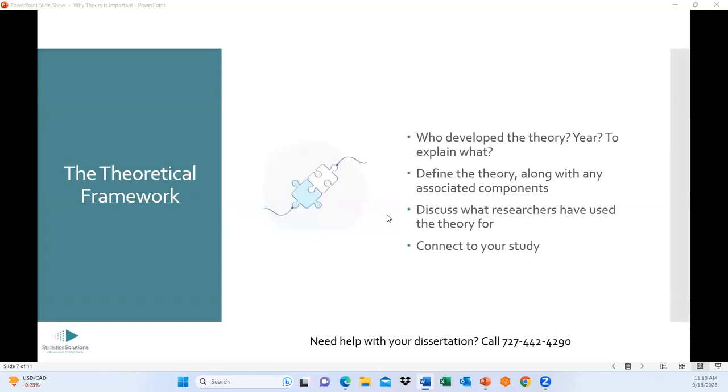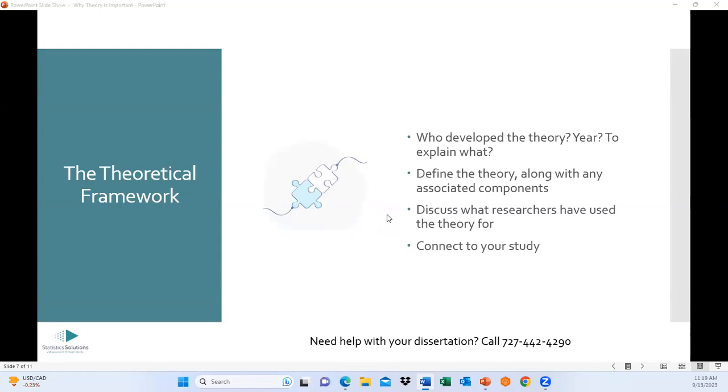Define the theory along with any associated components. Remember, we talked about theories having components. Define any components that are relevant to your theory, to your study. Discuss what researchers have used the theory for. And sometimes this may include